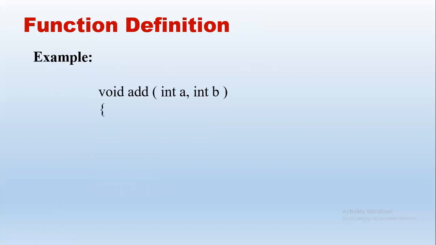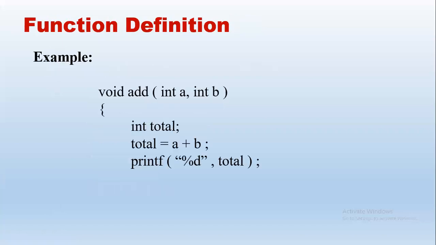So we saw this example wherein we have void add of int a, int b. Total is the local variable. A and b are formal parameters, so their values are received, right? We add them and print here. When we observe, the return type is void, so it does not return any answer back. We are printing it here itself. We discussed the same example in the last class, right?